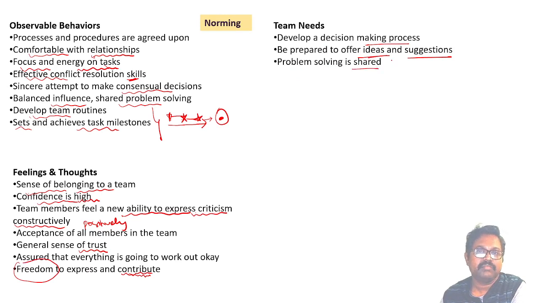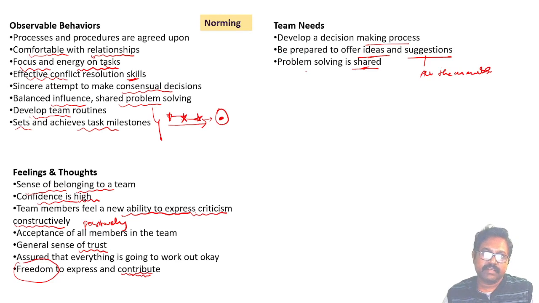One member may give some suggestion with respect to problem solving, and another person in the team may give some other ideas, which may be better than the first, so that they individually take the suggestions from all the members,